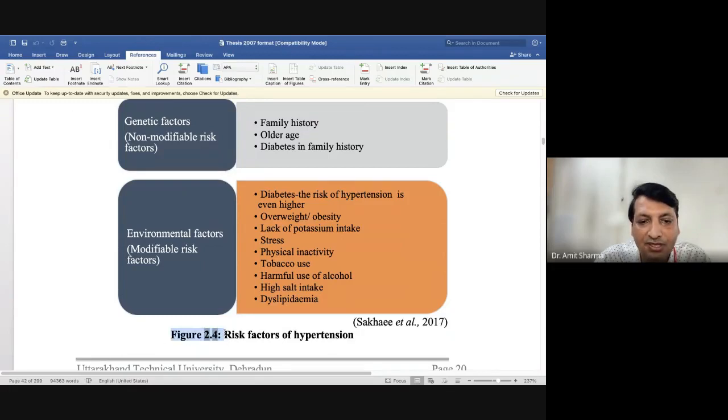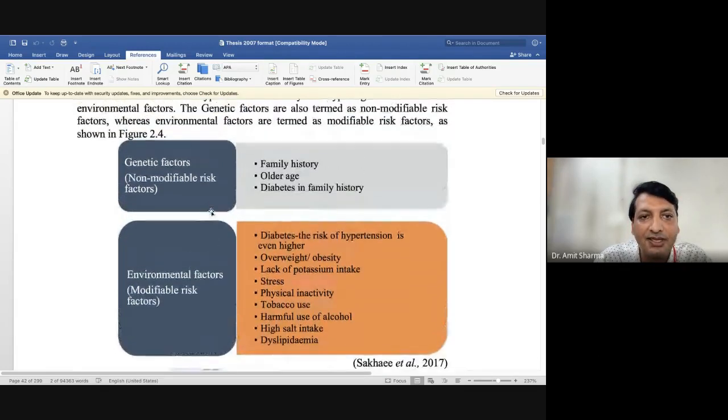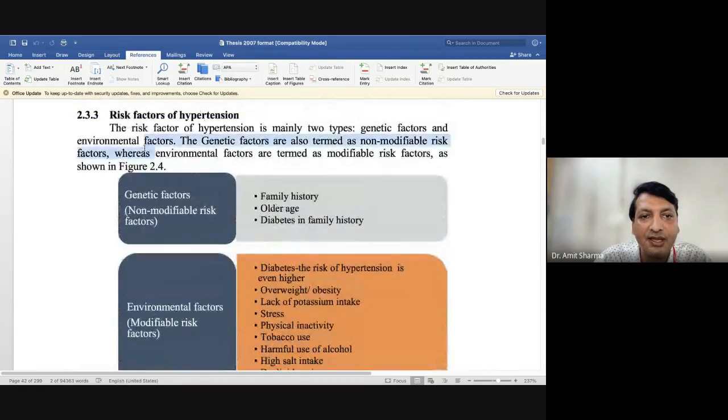As I select this, you can see this 2 and 4 are shown in a slightly darker color. What does it mean? It means we have a hyperlink here, and you can see that the same thing has been cited in the text, that so and so are shown in figure 2.4. When I choose this, you can see figure 2.4 is shown in darker color. It means we have a hyperlink here.